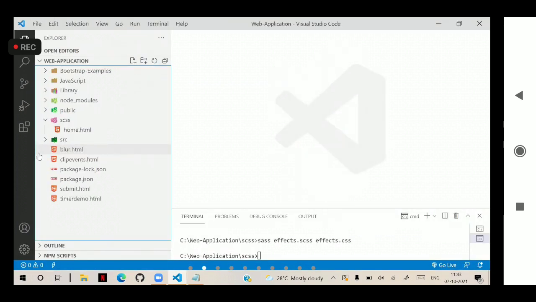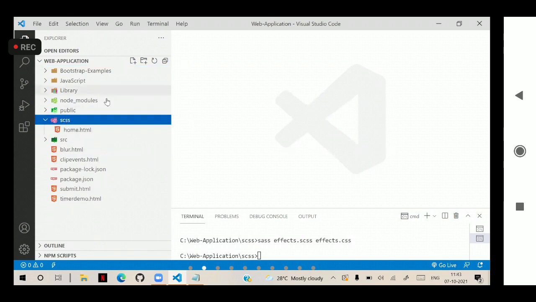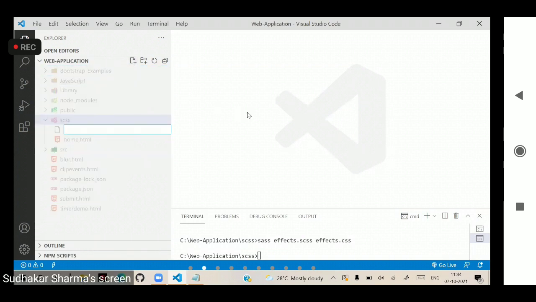In the SCSS folder, I am creating some new files. When you are creating separate files which are intended to be imported in other locations, you have to give the name with an underscore. It is mandatory that the file name must start with an underscore. And here I am creating a file called